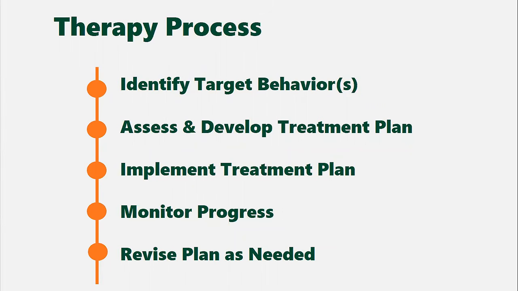And then there's also, we call ABA very data-driven treatment, because as kids or as adults are getting ABA therapy, the therapist is taking a lot of data on their progress, or hopefully not, lack of progress. But if for some reason the treatment plan isn't working, we would see that in the data as well. And so we're constantly reviewing the data to say, okay, this behavior is on an improving trend, or it looks like things aren't really improving. Maybe we need to modify the treatment plan. But we monitor progress through data collection.